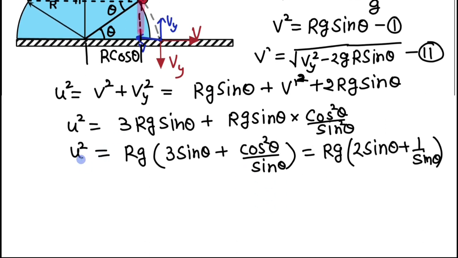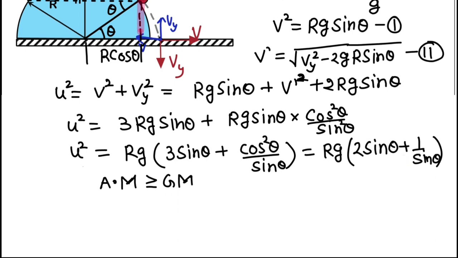So determining the value of u in terms of only one variable, because r and g, everything else is constant. So only the theta term is variable here. So obviously we want to determine the minimum value of u. For that you can apply the conditions of maxima and minima also, but I don't want you to solve that way, because if you just look at the function here, theta is of course between 0 to 90 degrees, so it is positive. For the positive number we can just apply this inequality, that AM should be greater than GM, because if you just look at the term, multiplying that will give you a constant value.